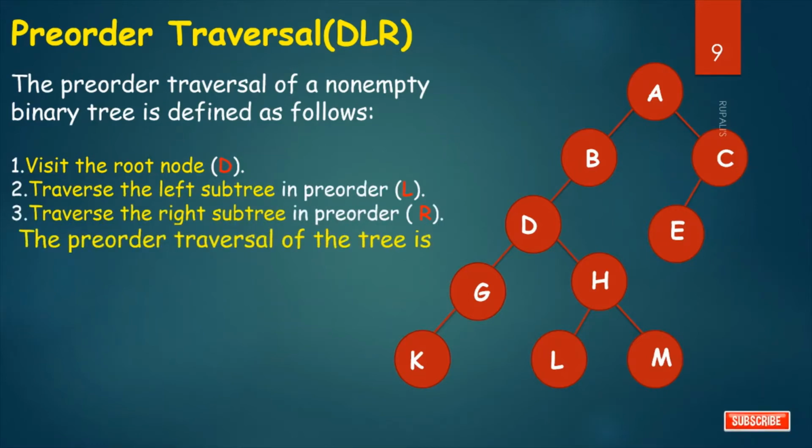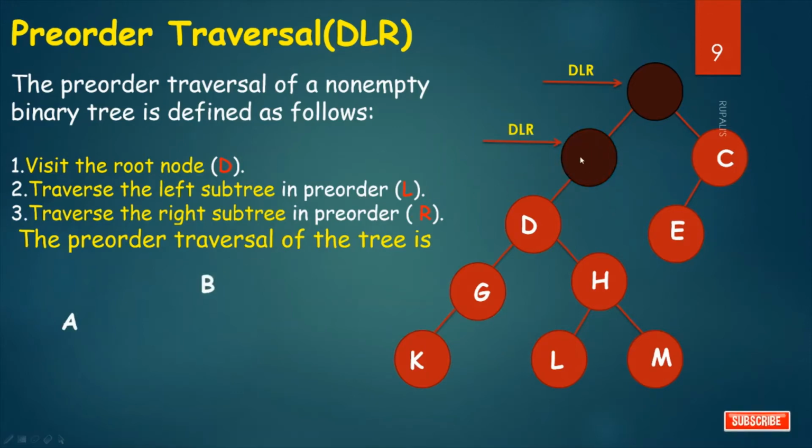The pre-order traversal of the tree is, we apply DLR at the topmost node, that is root node. D means print the node. Print the node. Next instruction is L. L means go to the left child. Come to the left. Again we apply DLR here. D means print the node. Next instruction is L. So go to left child. Again you apply DLR here. D means print the node. Next instruction is L. So go to the left child.